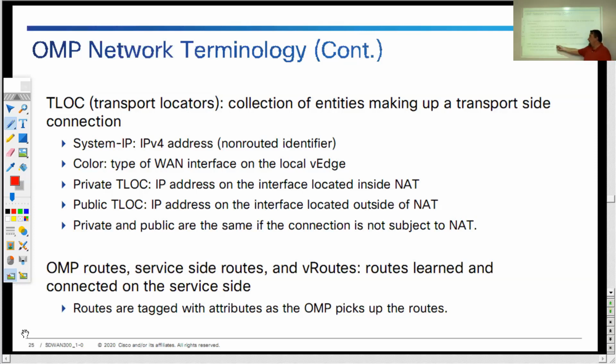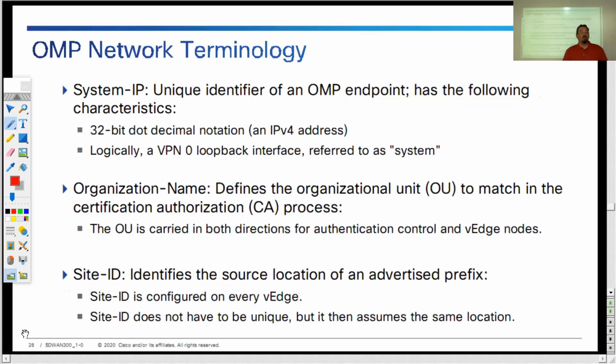They show those OMP routes, our service-side routes, and our vRoutes that we have available are learned and connected through the services side. Routes are tagged with attributes in OMP, and they pick up those routes, and we're going to redistribute back and forth between OMP and OSPF or BGP, for instance. Okay. Now, the TLOC isn't good enough. That just really tells us how to reach the system ID. I also need to have those service-side routes as well. Okay? And the service-side routes allow us to say, here's how I reach those internal subnets